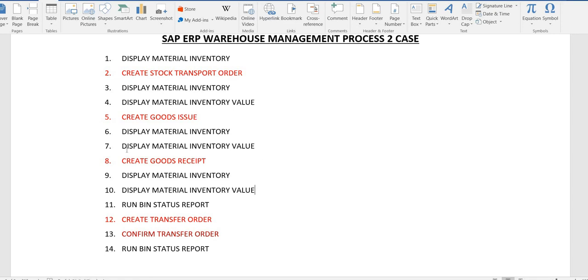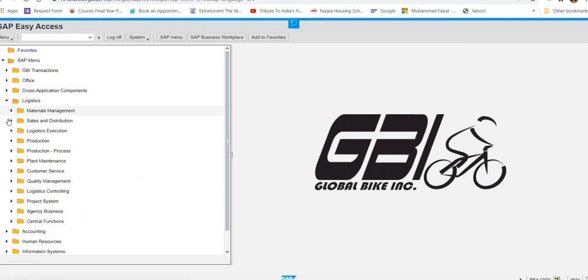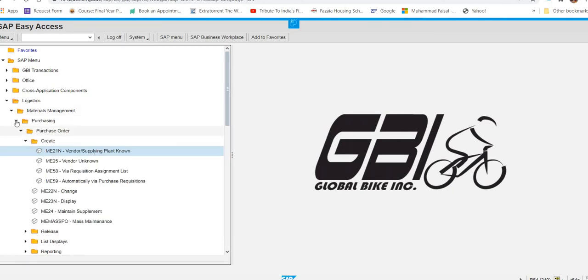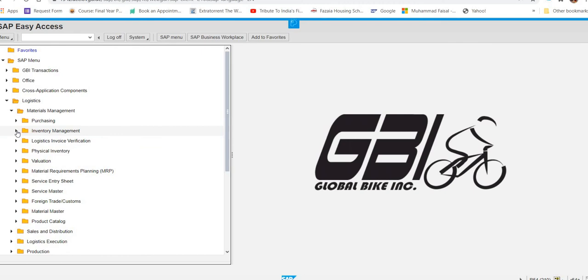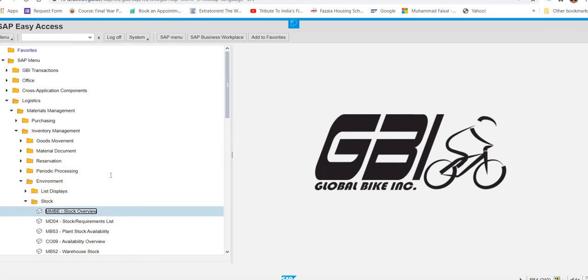Again, the same steps that they are mentioning, in inventory management you have to go to environment, stock and stock overview. So I'm going to close this purchasing under logistics, under materials management, and there is inventory management, and in inventory management there is environment, and under environment, stock and stock overview.